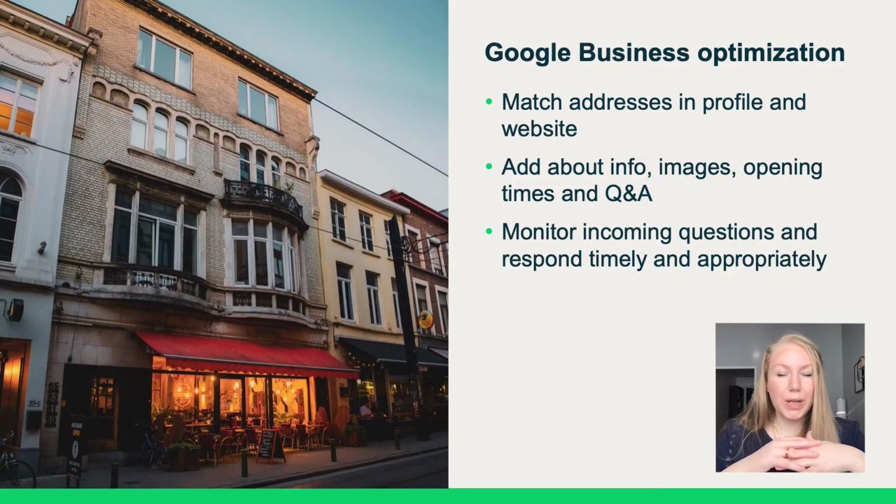I won't take you through all the steps here. They're pretty self-explanatory, but I will mention a couple of important things you want to keep in mind. When creating your business listing and filling out all of the areas that Google will have for you, such as about info, images, Q&A, all of that, you want to keep some key factors in mind when filling out these areas. Make sure to fill out these areas with as much information about your business as possible. Add images of your business, add your opening times, add Q&A, and more.